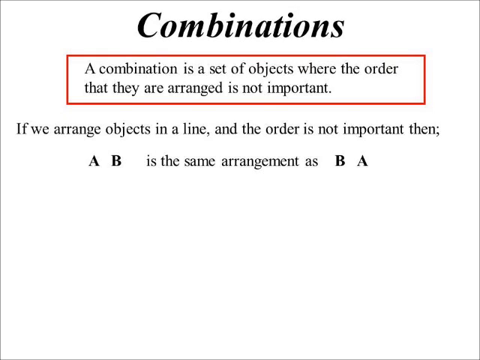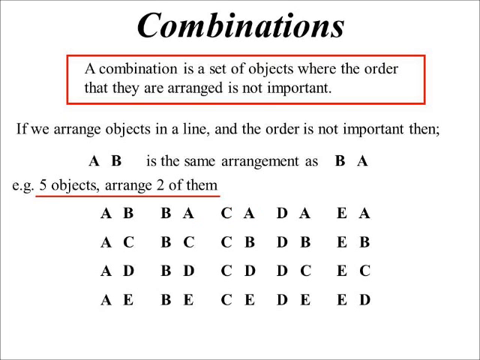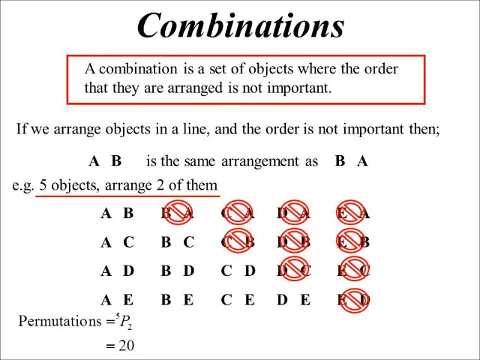So let's have a look at just some examples to try and get a feel for how we take account of this. If I've got 5 objects and I want to arrange 2 of them. Now, if it was a permutation, there's all the different permutations. We have 5P2, which is 20. But if I'm now saying, look, AB actually is the same as BA and AC is the same as CA, I can get rid of a few of these. All the ones that are doubled up, we just get rid of. And so that now leaves us